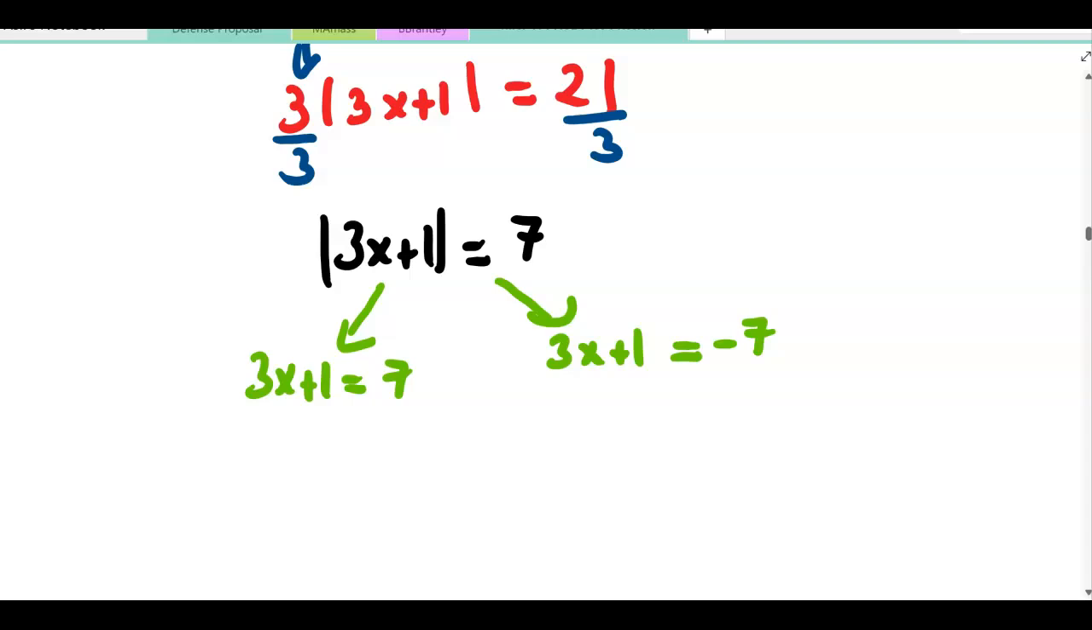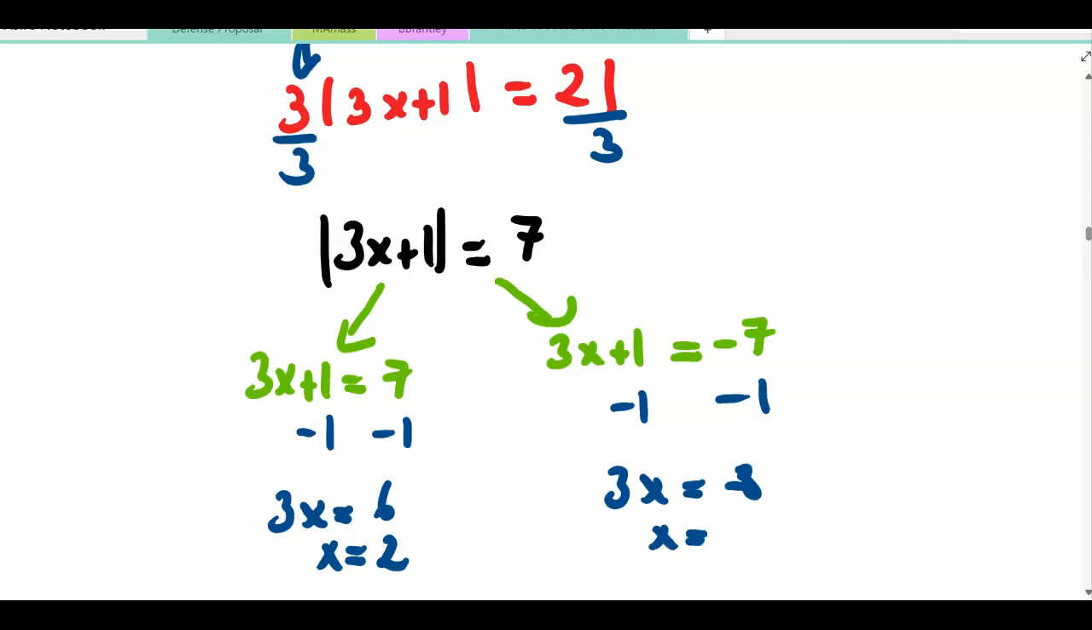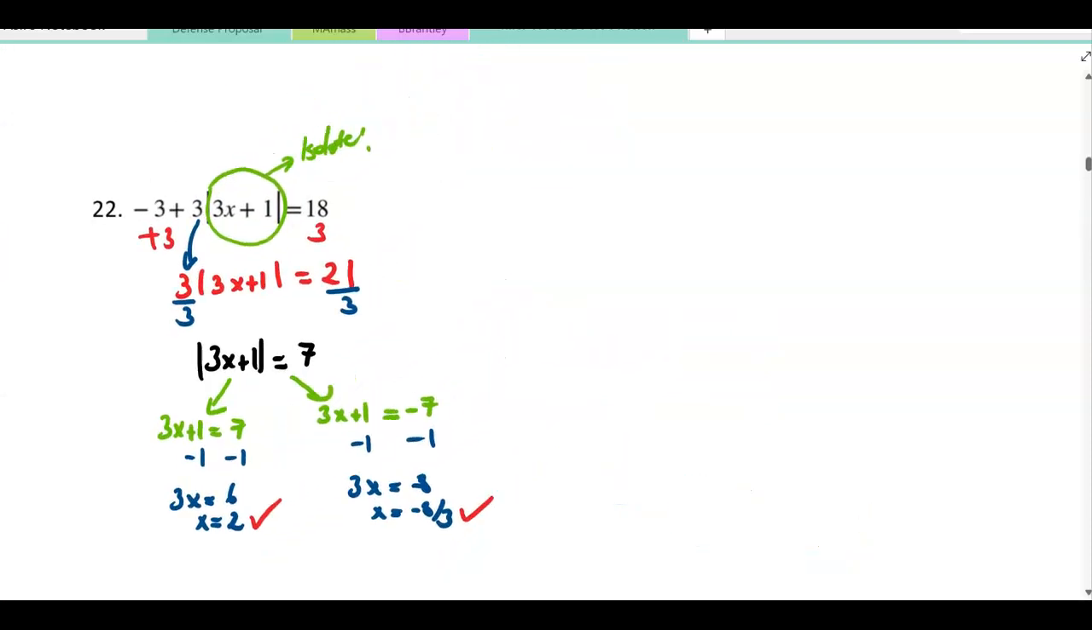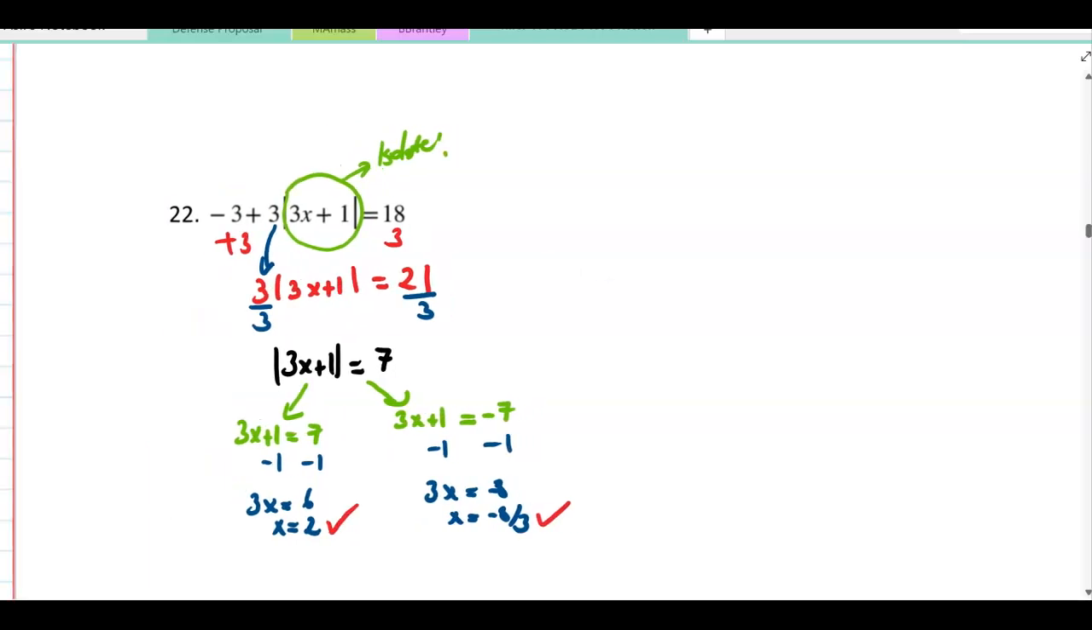Now we can solve it. Subtract 1 from both sides in each equation. That will be 3x equals 6, so x will be equal to 2. And 3x will be equal to -8, so x will be equal to -8 over 3. So we have 2 solutions, right? So this is solving an absolute value equation. I want to mention one thing about it. For instance, if I have an equation like this, let's assume negative 3, oops,